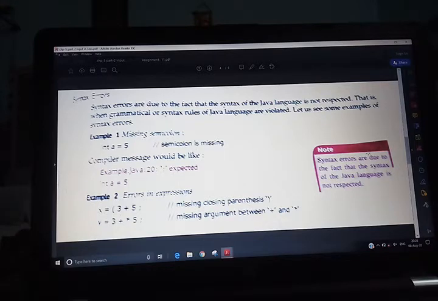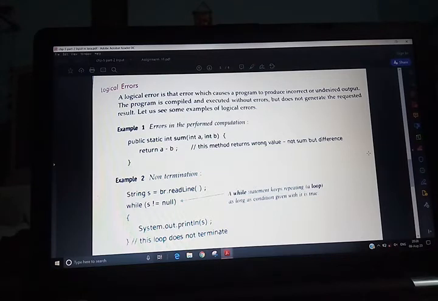If you have written String s = br.readLine and you have not put the brackets, then again it will give you a logical error. Then runtime error. A logical error is an error where the program produces incorrect output. A runtime error is one that occurs during the execution of the program. It is caused when some illegal operation takes place or a required condition for the execution of the program is missing.